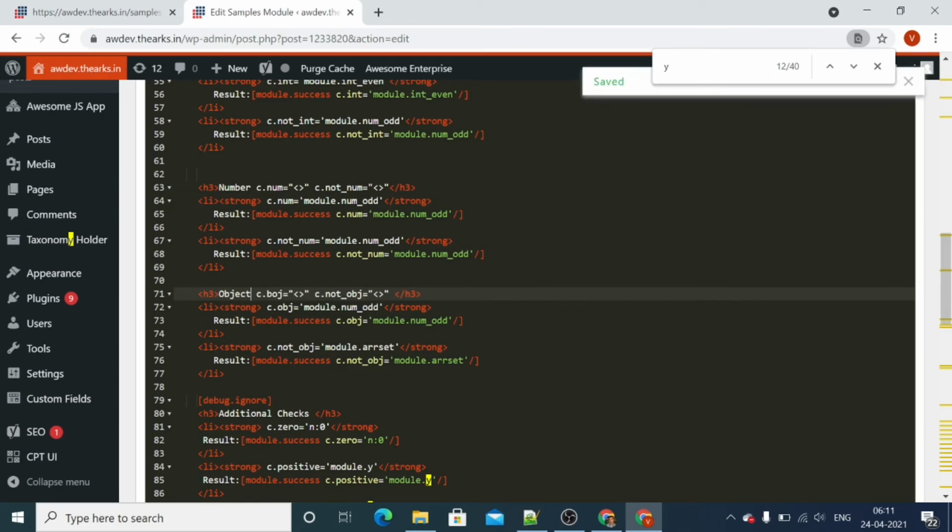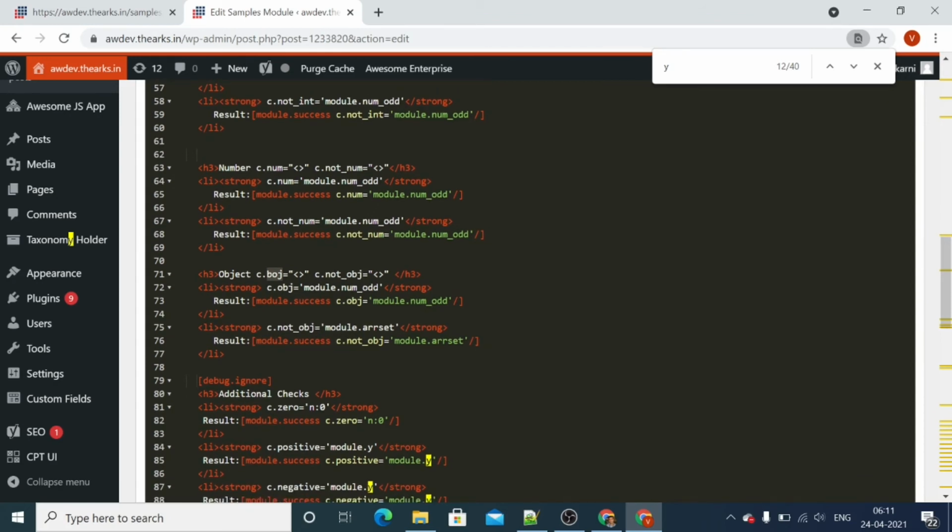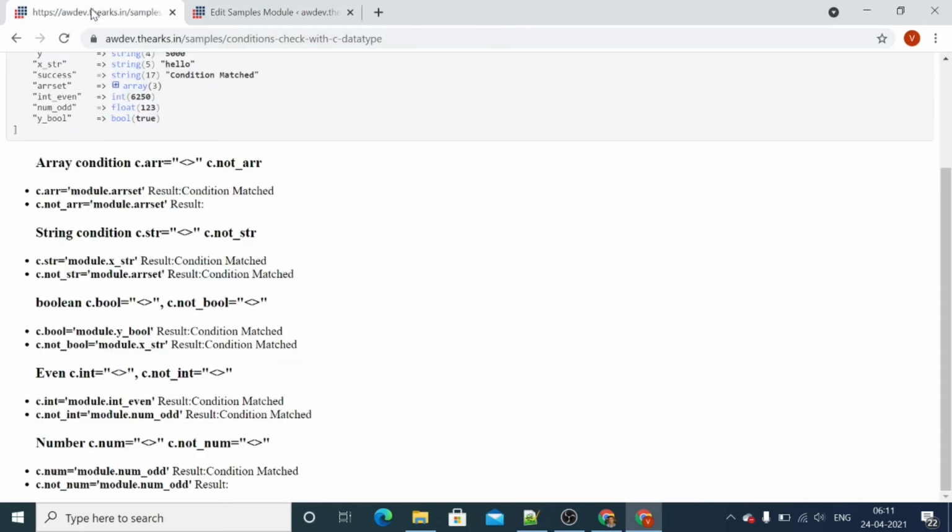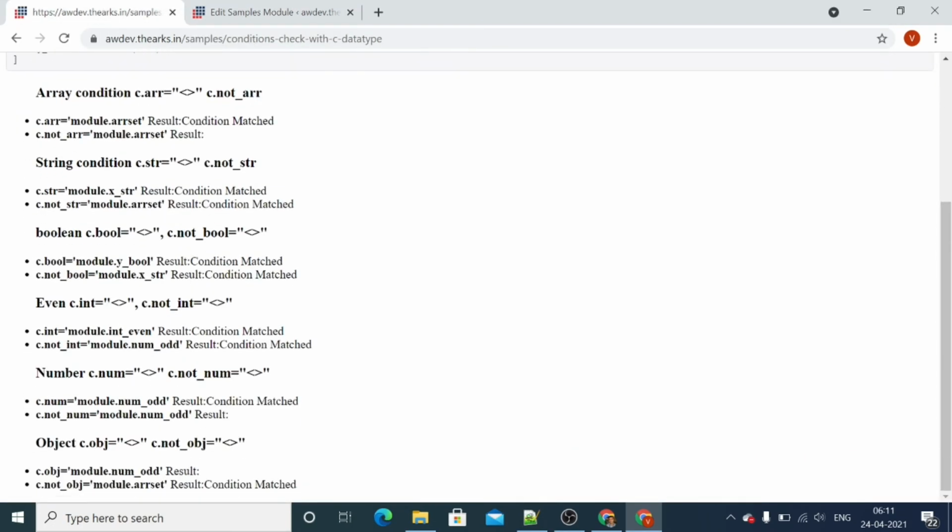Now in a similar manner, we can check the object. We have c dot obj or notobj. I made a mistake, it should be obj, but that's fine. Now let's go back and check c.obj and c.notobj.